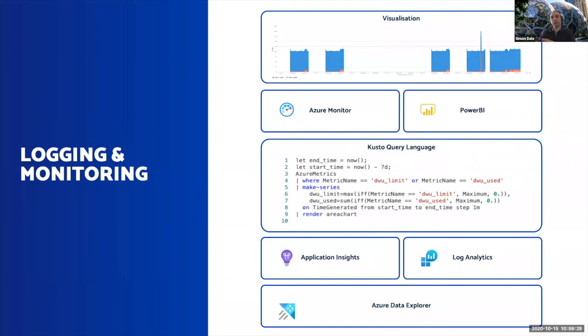And both of these services are built on top of Azure Data Explorer, which provides a really powerful engine for indexing data. You can quickly zoom into where a problem is. So here we have a query that is looking at the 7-day usage of a data warehouse. That's actually the visualization at the top. It shows different days and it shows the different level of performance and how much of that performance is being used. So this was from a development environment, so it's relatively low. But the same principle applies.